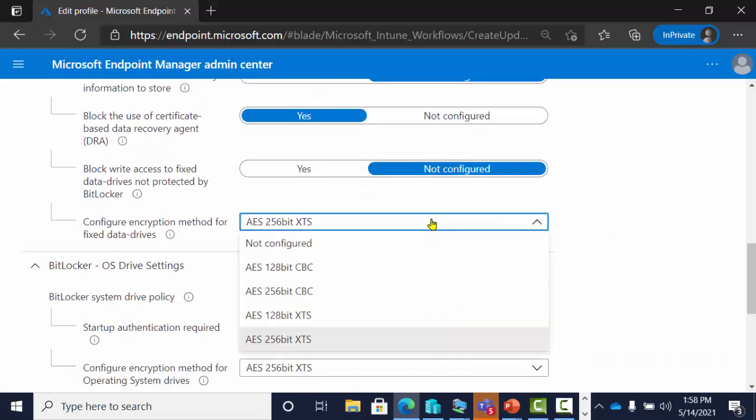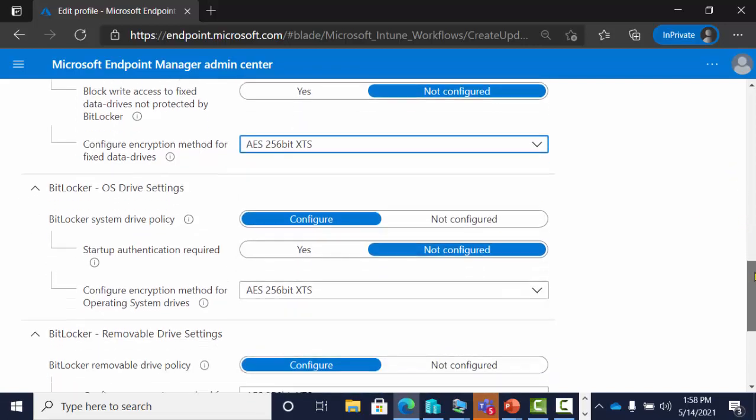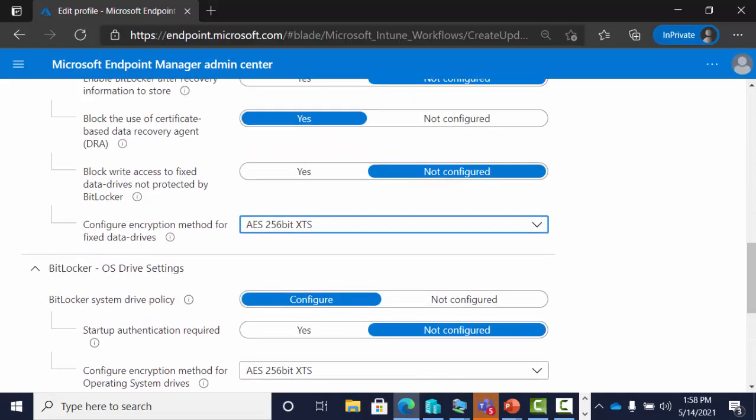The default on these encryption methods is 128-bit. I'm using 256, so we can actually look at the device and confirm that it was encrypted by other than the default policy. And that's really all I'm going to show you here in terms of the options for configuring,